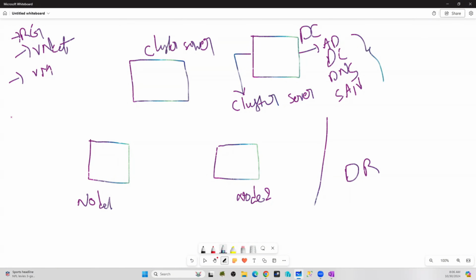VMs. Okay. Now, while building the VMs, once we're done, then we will build the sandbox. We'll build the rest of the things. Mostly in the real world, you won't get this chance. Okay. In the real world,